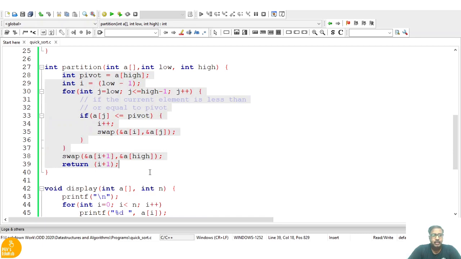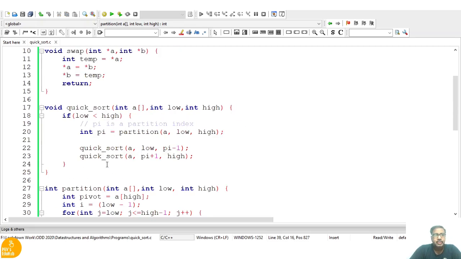That is the reason we need to send this particular i plus 1, because it will indicate the position of the pivot. This position of the pivot will help us to further partition the given array.